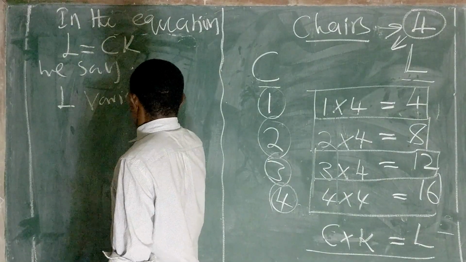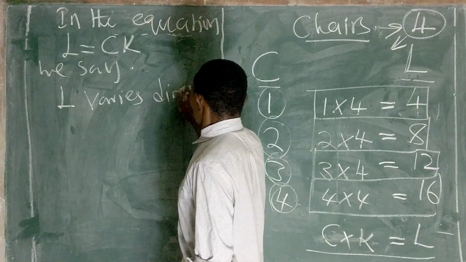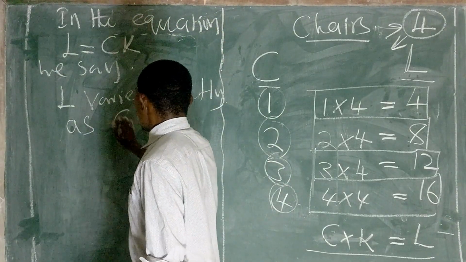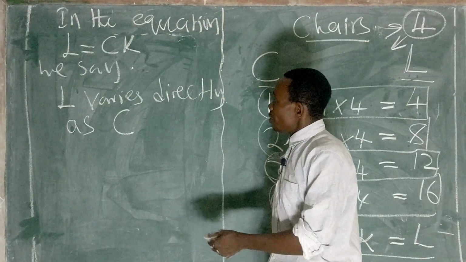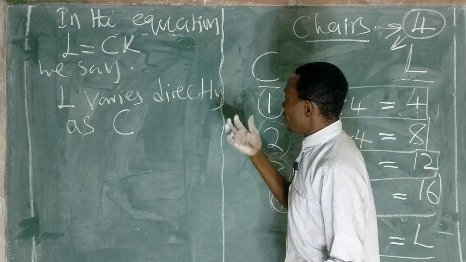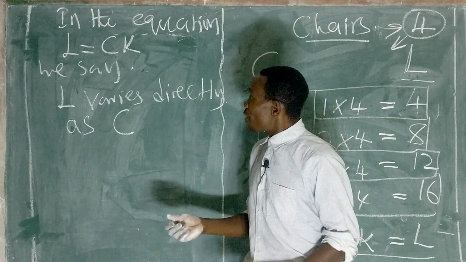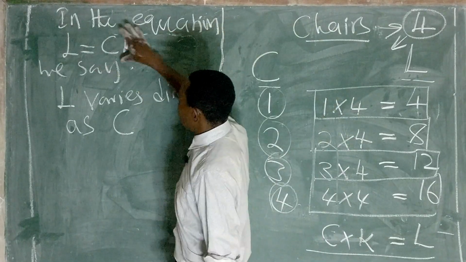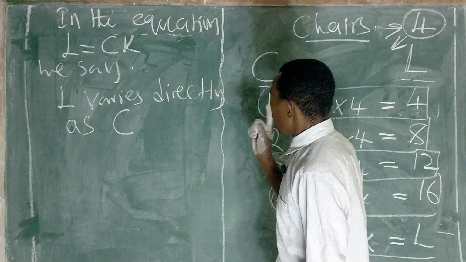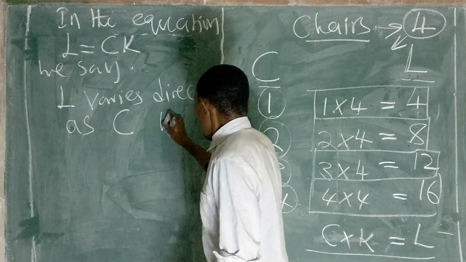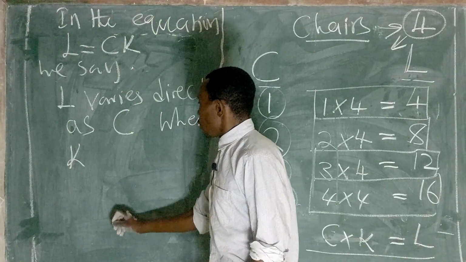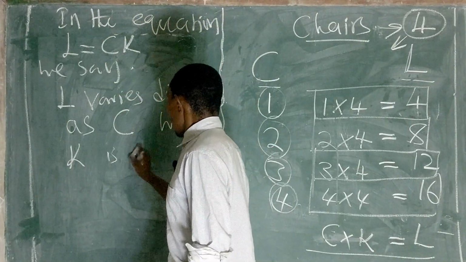Error varies directly as C. To say that if error is increasing, it means C is also increasing. When error is decreasing, it means C is also decreasing. The equation of proportionality should look something like that, connecting the two quantities. So you say error varies directly as C, where your K that is existing in this equation is a